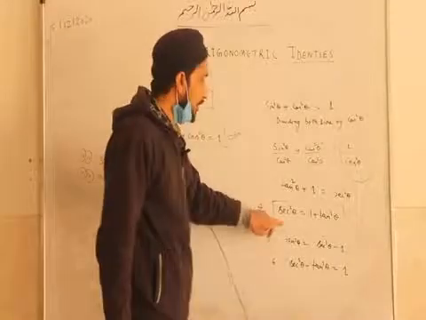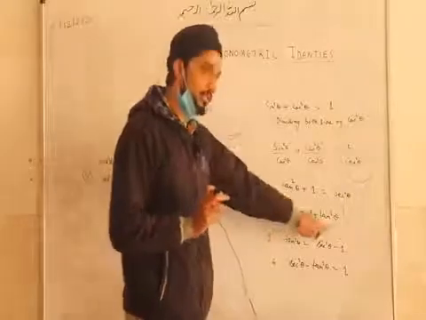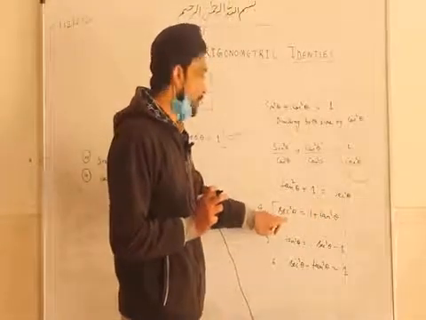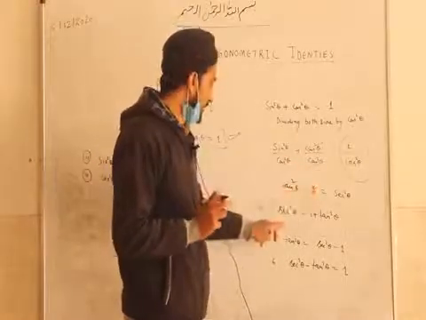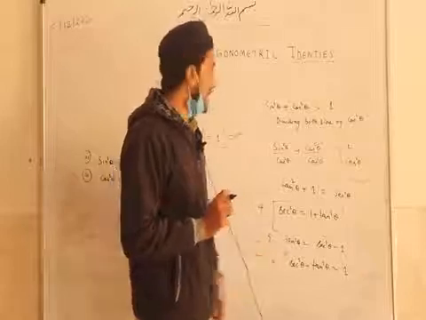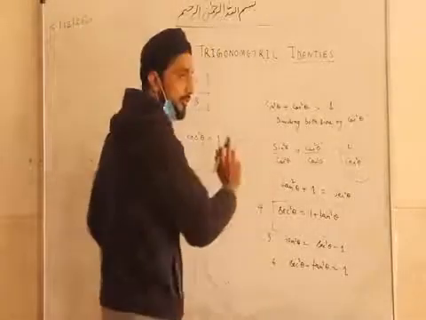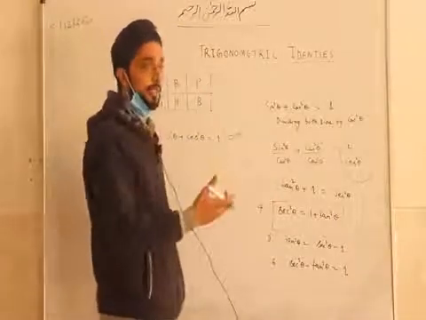And this is the second main identity, the relation between sec and tan. So 1 plus tan square theta is always equal to sec square theta. We can prove this also with the help of that triangle. Fine. So from this we have derived these two others. Now see, if I divide this by cos square, and if I divide by sin square, then also we will get some more identities.